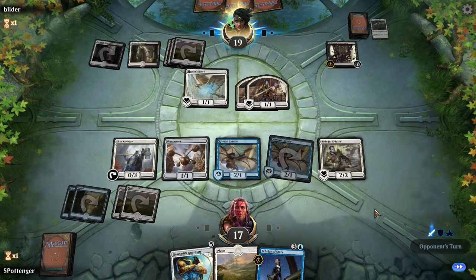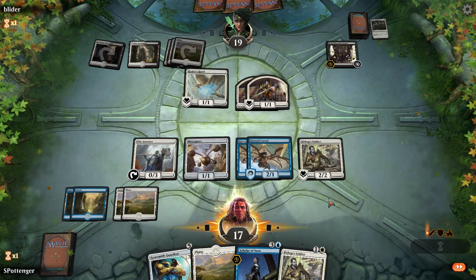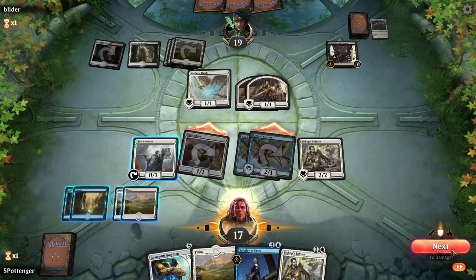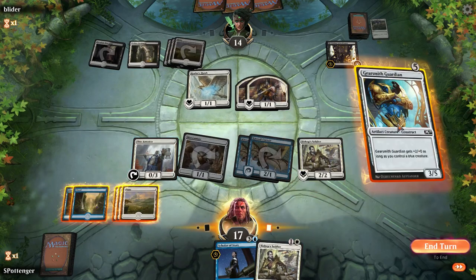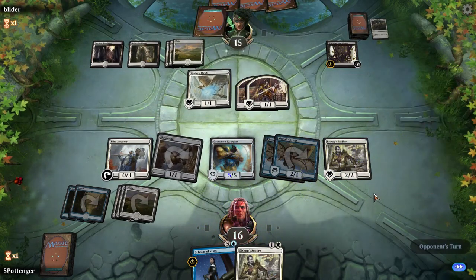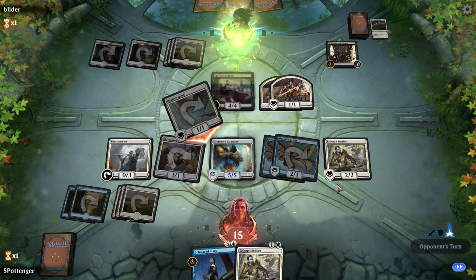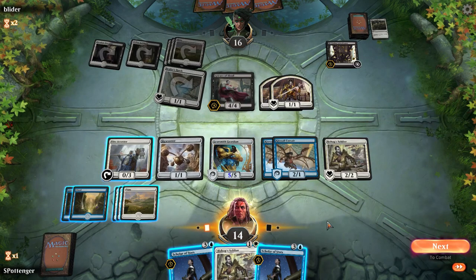Ugh. Okay, well now I'm not terribly happy about that decision. But we're still going to attack with the Kitesail Corsairs. And I think I'm going to attack with the Skyscanner too at this point. And then we have a Gearsmith Guardian. Cute. All right, so we